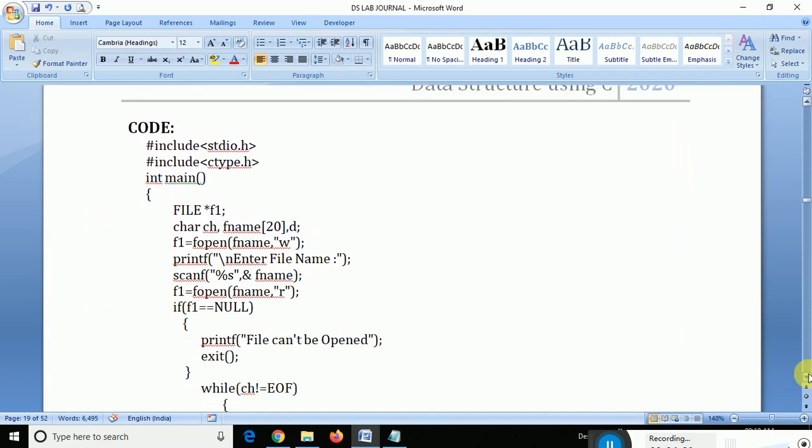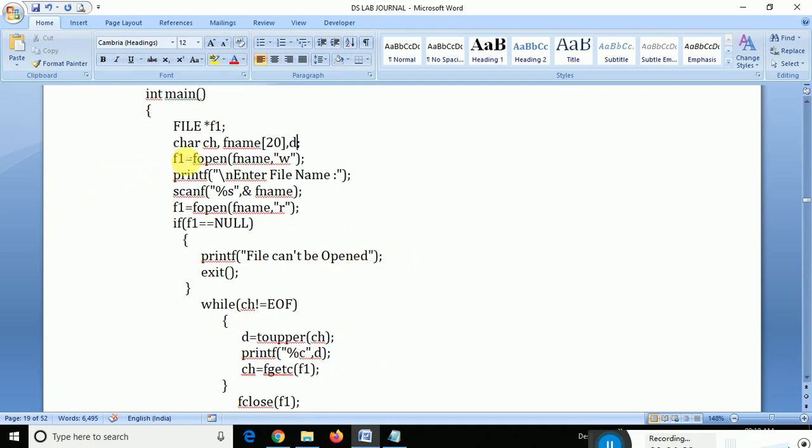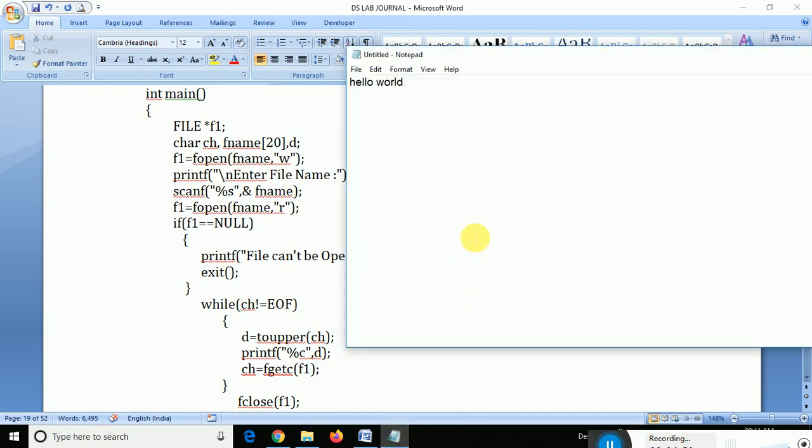So now here is the code. I have opened the file in write mode, fname is the file name, and I have entered the text, that is hello world, and that text only I will read.